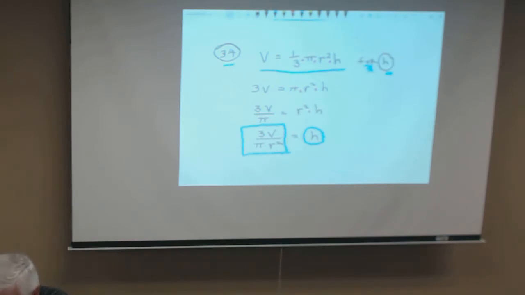And of course the process is, if I want h by itself, can you see? I want to get rid of 1/3. Oh, we'll just take both sides times 3. And then I get 3v equals pi r squared h. See what's happening? In other words, I'm just going to take it a piece at a time and start to rearrange it. And if h is times r squared and times pi, then I'll divide by pi,